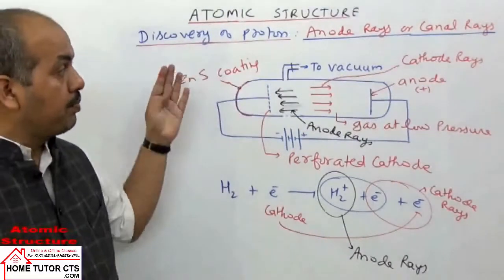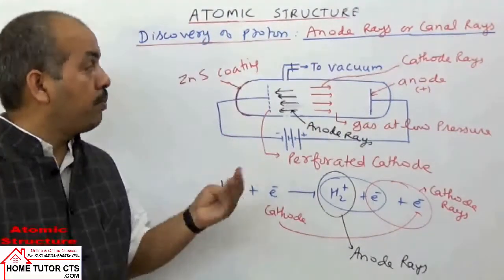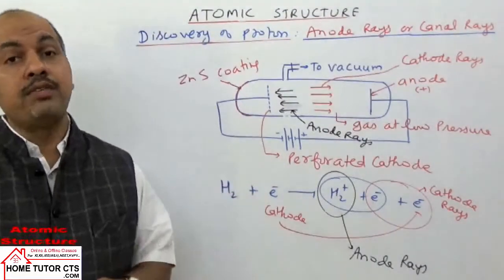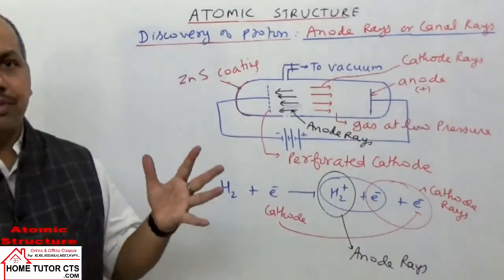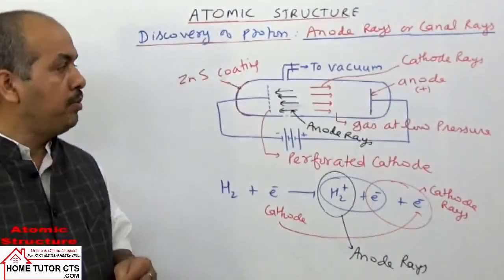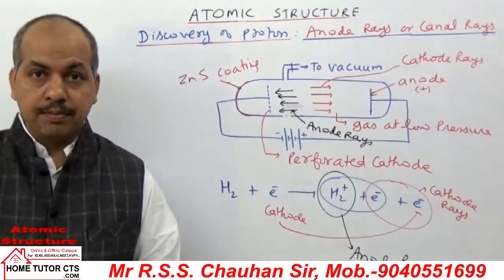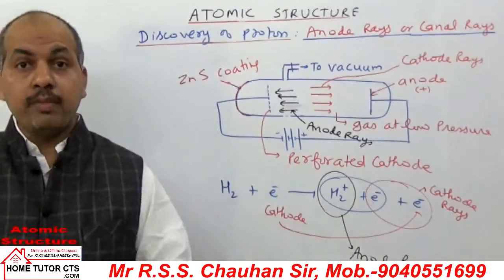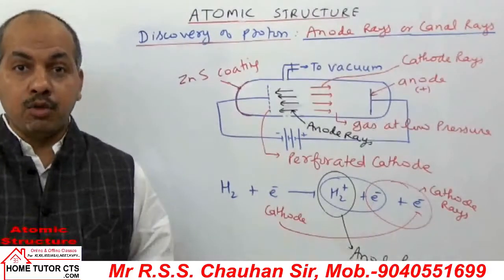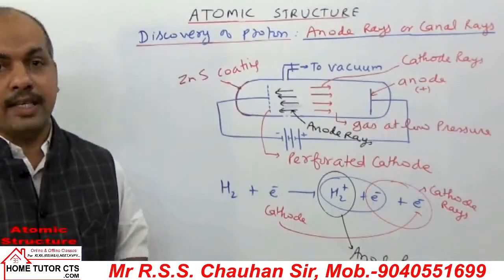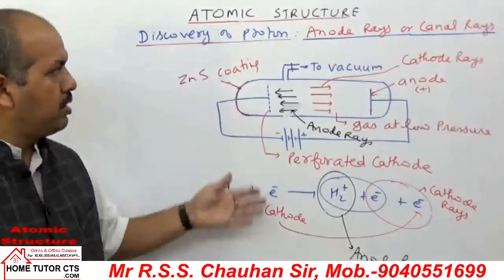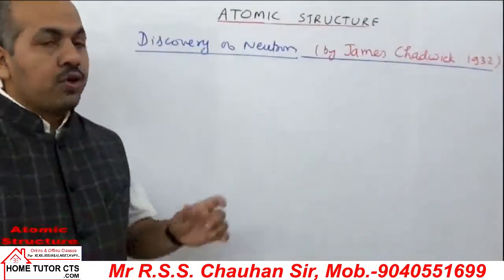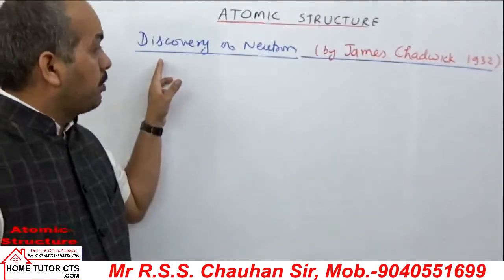Now, after this discovery of the electron and proton, the next question came from some different observation. If we assume that the mass of an atom is because of only protons, then the actual mass of the atom was found to be almost double or more than double in many cases. So next we can explain the discovery of the neutron from that observation. Let us take our next point, discovery of neutron.